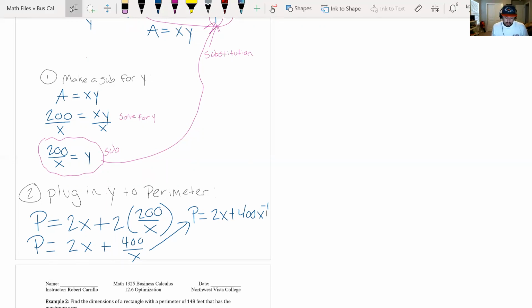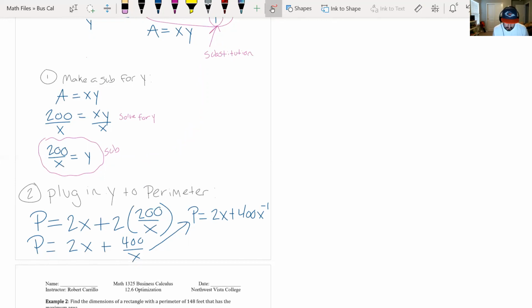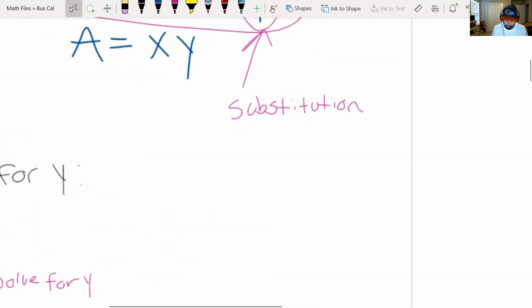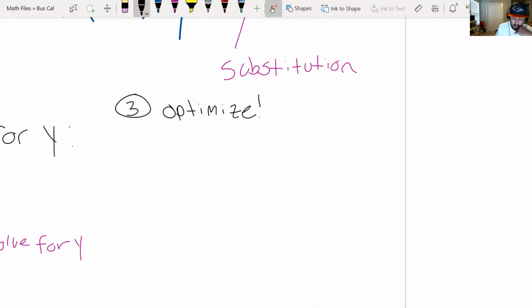Okay, and now I'm going to write small. We did step 1. We did step 2. Now come over here and say step 3. We're going to call this optimize. Optimize means take the derivative, right? So if we are given P equals 2x plus 400x to the negative 1,